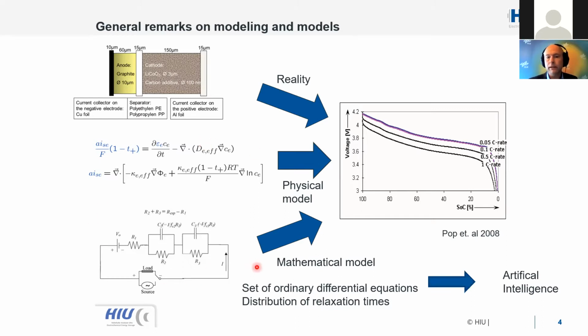And usually the mathematical models, in a more developed way, will end up in machine learning and artificial intelligence, since what artificial intelligence adds to the mathematical models are rules and algorithms on how to adaptively adjust the parameters to get a better and better approximation of reality given the set of data.